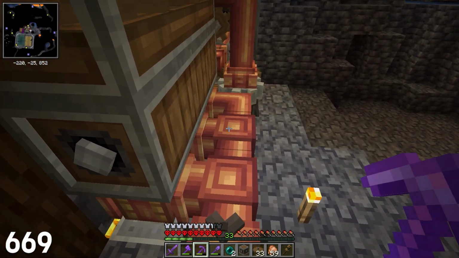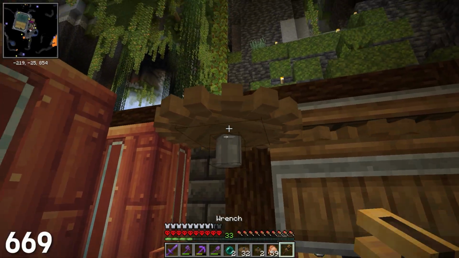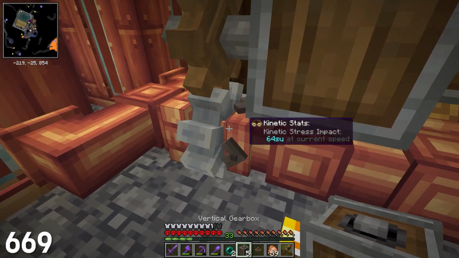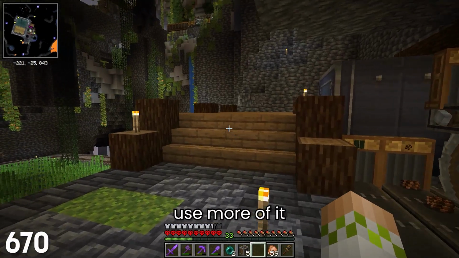The second problem was a little bit harder to fix, and after a few different attempts to free up some stress capacity for the chocolate pump, I decided the easiest option was just to gear down the rotational power going directly into that pump. After seeing how cool the flowing chocolate looked, I wanted to use more of it around